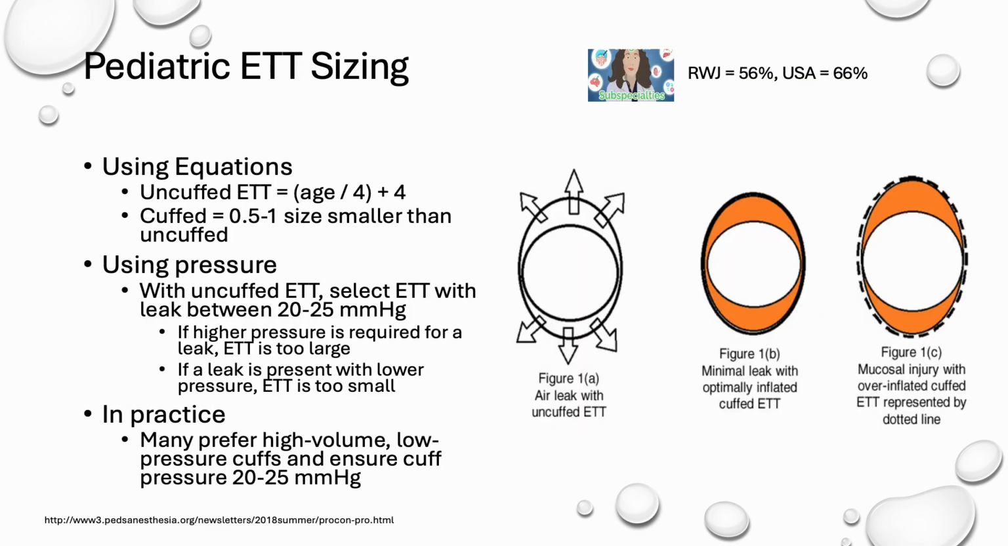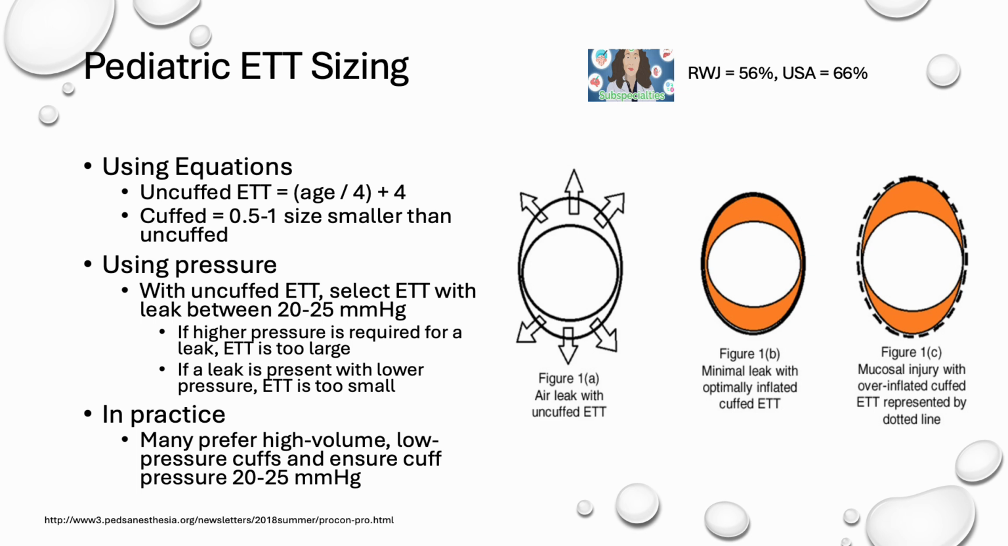We'll move on to pediatric endotracheal tube sizing. Pediatric endotracheal tube sizing can be done based on equations which estimate sizes related to age, or by using leak pressure. Generally, this is done when using uncuffed endotracheal tubes. The standard equation for selecting an endotracheal tube is that an uncuffed endotracheal tube should equal age divided by 4